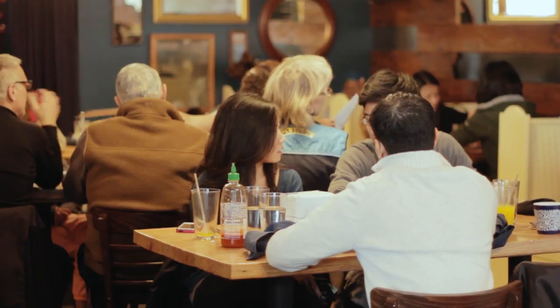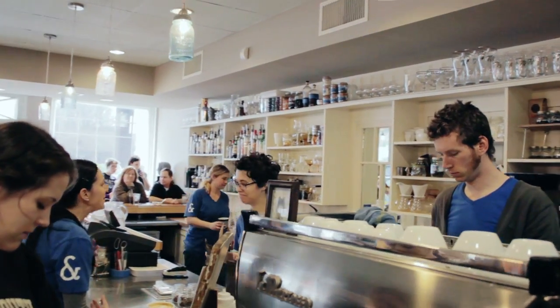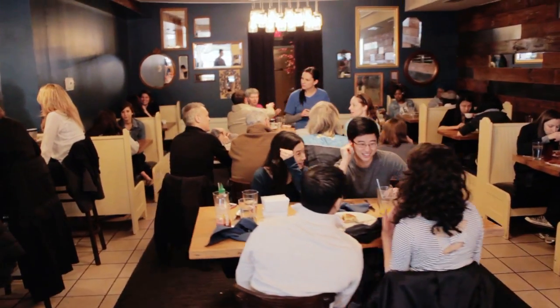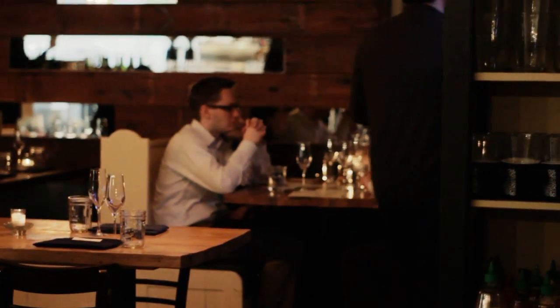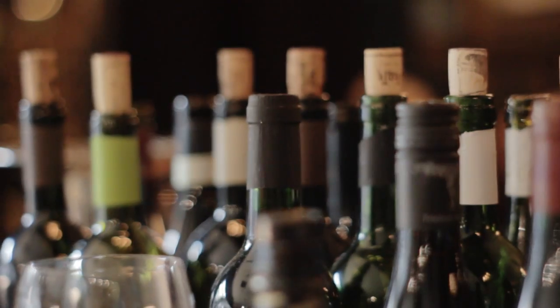There's a ton of energy, a really diverse crowd, and food's kind of being shuffled in and out. People are all over the place. Food's coming out of the kitchen, and it's just kind of this crazy energy that goes on for 6 or 8 hours, and then you do it again the next day. Half and Half is kind of this frenetic beast, whereas Little Country Gentleman is very calm and calculated,